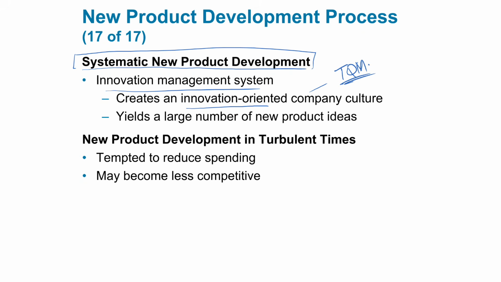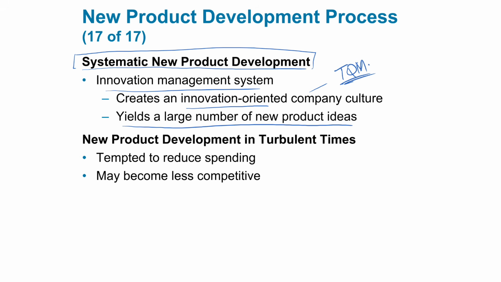Continuous quality management or continuous quality improvement, for example, where the company has a culture of innovation, so they welcome people to come up with ideas, and normally this will give you a huge repository of ideas, and you need more ideas. I told you that in idea generation you need to have 70 to 100 ideas, and the more ideas you have, the better chance you have to select a good product.